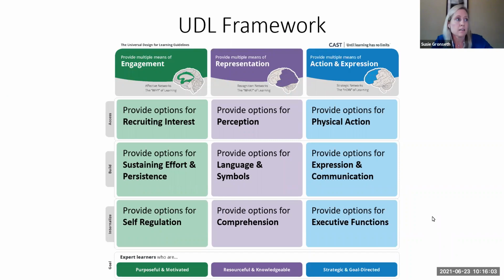So this is a simplified view of the Universal Design for Learning framework, the UDL framework. It has a couple of different terms in how it's set up. There are three things. There are principles, and there are three principles. There are guidelines, and within each principle there are three guidelines to make up nine guidelines. And then within each guideline, there are checkpoints.